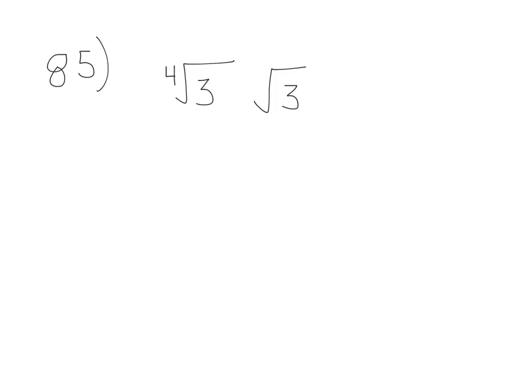This is number 85 in our Chapter 5 review, where we're asked to multiply these radicals and write our answer in simplest radical form. So in this case, we're multiplying a fourth root by a third root. And we learned that when you're multiplying radicals that have different roots, what you have to do first is convert